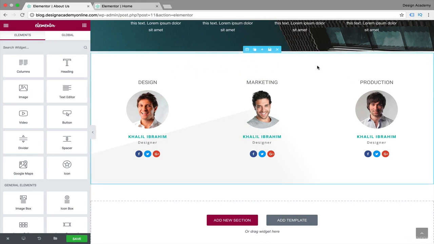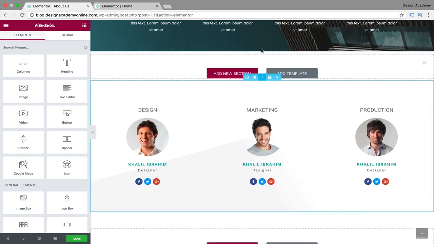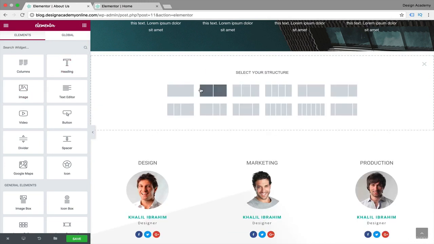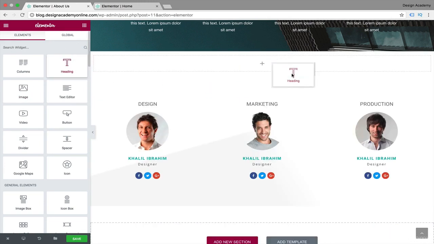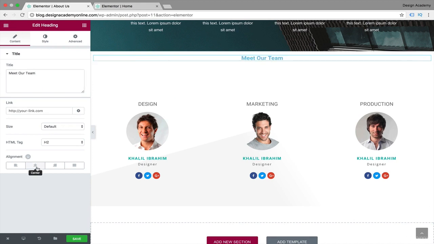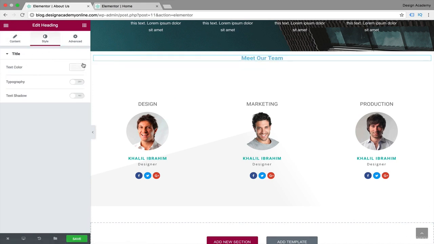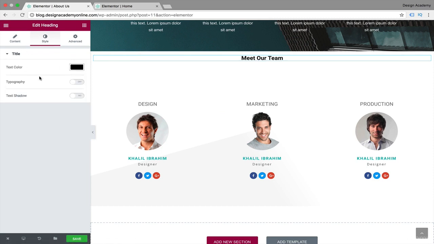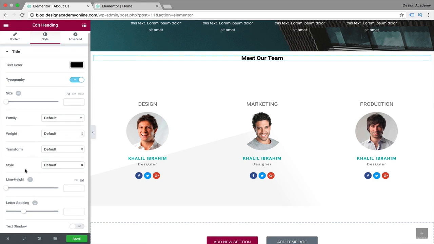Okay, so if you forgot to add a title, you can add a section from here like that, and you're gonna have that space. You're gonna add a new section, or choose that layout for example, and we're gonna insert our text, and we're gonna call it meet our team text. Make it in the center and go make its color. We can make this one in black for example,